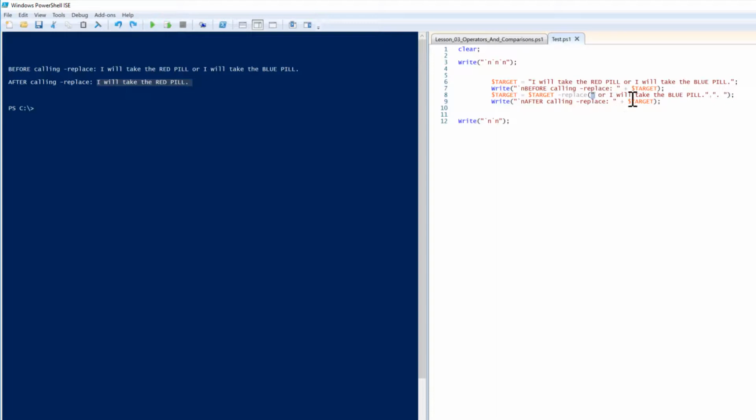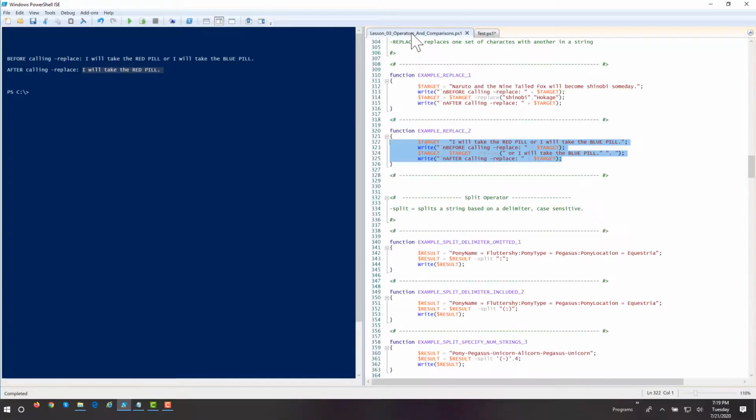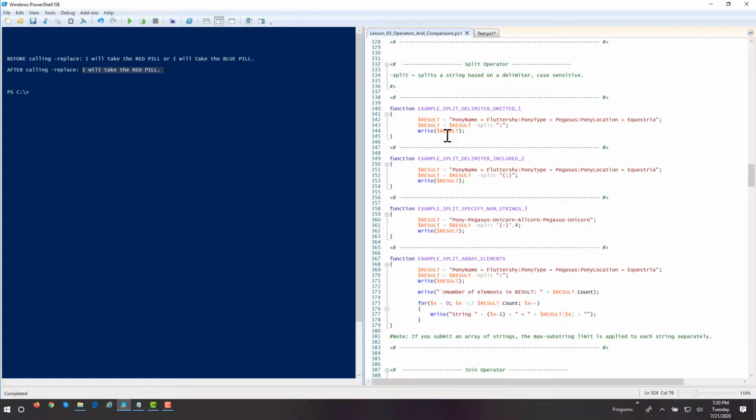In double quotes, the first part of it is the string that you're looking for, or the substring. And the second part is what you actually want to replace it with, okay? And those are parameters or arguments, and we'll go over that in much more detail when we cover functions. But for now, one byte at a time, we're just trying to go through several methods and operators, logical, comparison, mathematical,